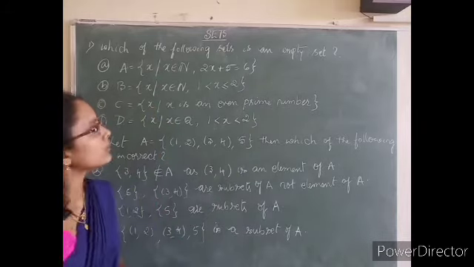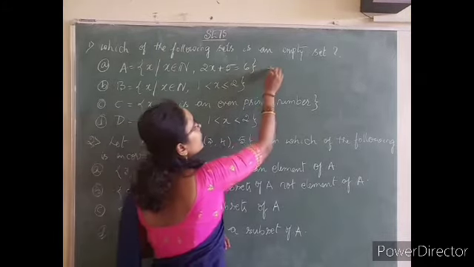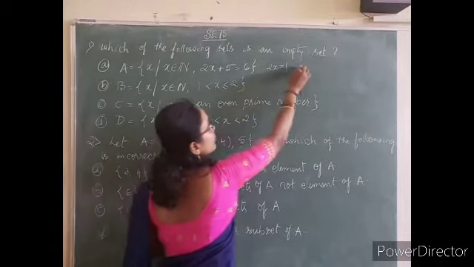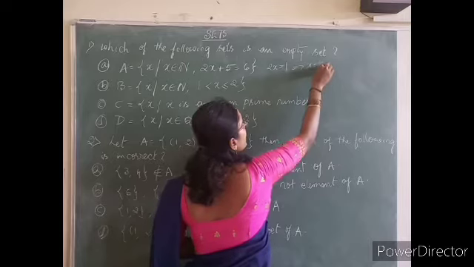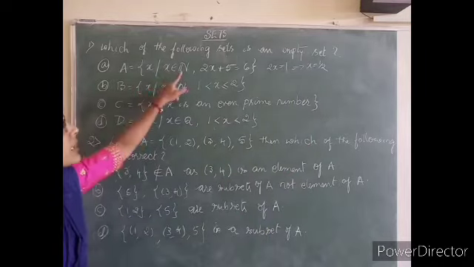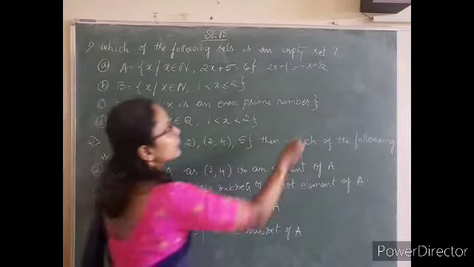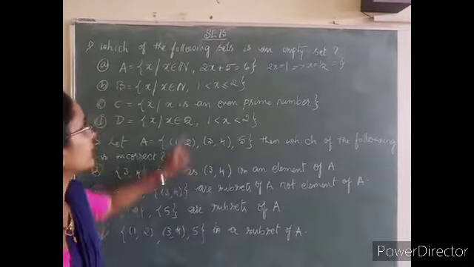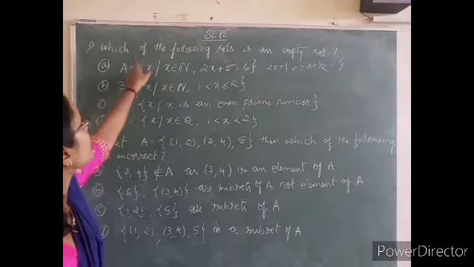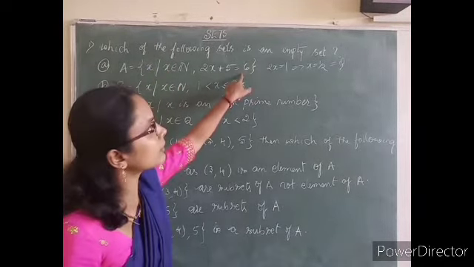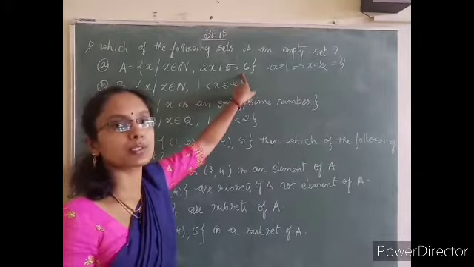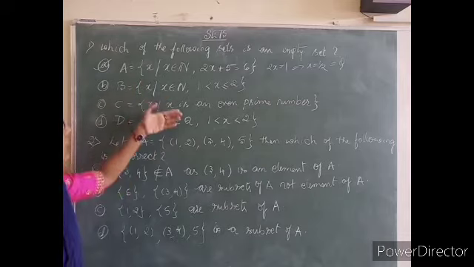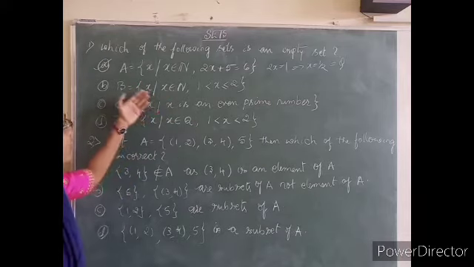If you try to solve this, you will get 2x is equal to 1, that is 6 minus 5, 1, and x is equal to 1 divided by 2. But x belongs to the set of all natural numbers, therefore clearly this is an empty set. The given set is an empty set. So from here itself we can directly choose the first one as the option. No need to go to the remaining three. If you want, you can check.